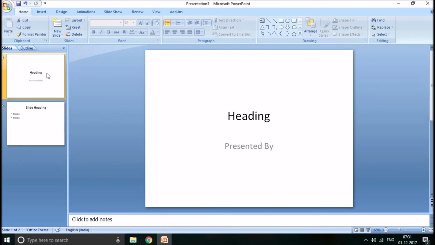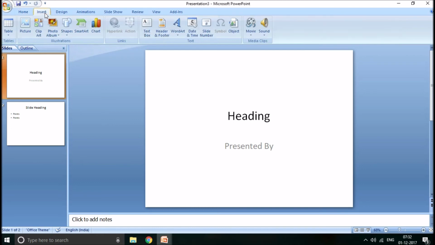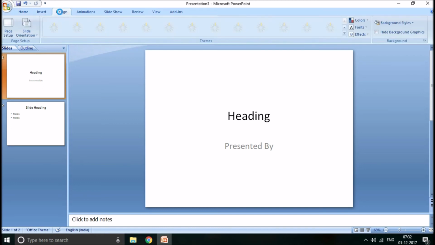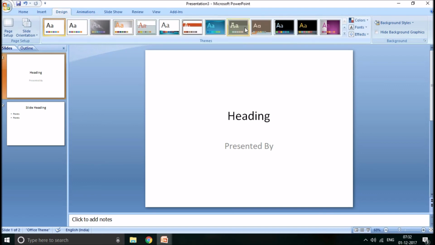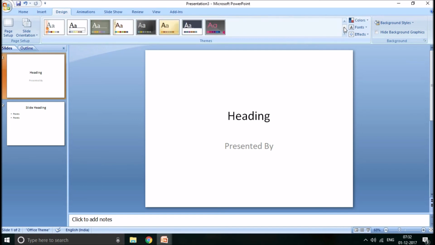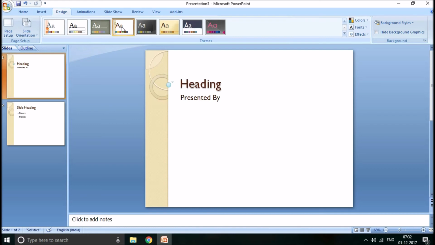So what you can do, PowerPoint gives a lot of beautiful templates by default, so you can actually use a template which looks nice instead of going for a blank slide. How you can do that is, you can go to insert, or you can go to design, because we are inserting templates, and here you can see a lot of themes, right? So you can select a theme which you want, so that it gets applied to your presentation. If you can see, based on the theme you have selected, the font, the color of the font, the size, everything is auto set.